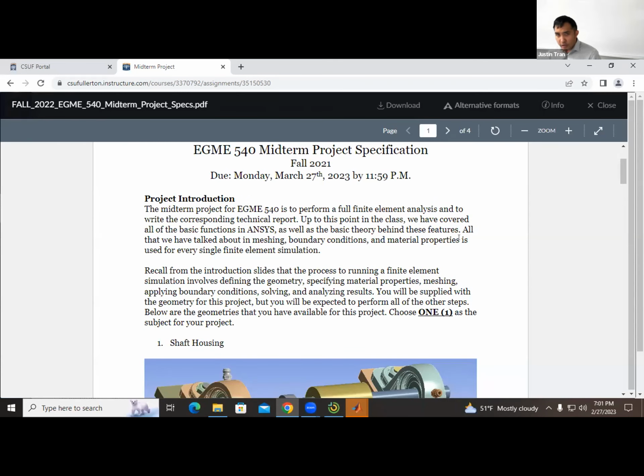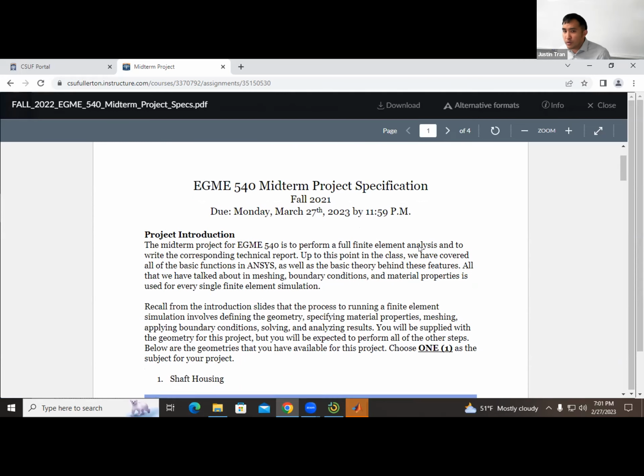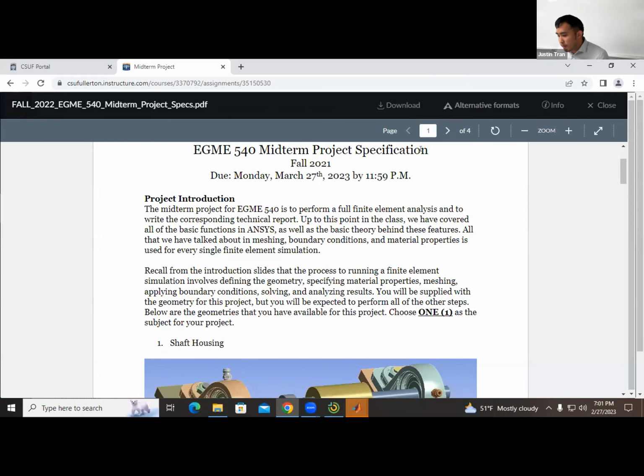We did activity 3 last Wednesday, and that's due this Friday. One thing to keep in mind is that we're still going to be working on activities in parallel with the midterm project. Don't wait until the last minute, because we're still going to be doing other things in the class. I'm giving it to you now so you have a month to work on it slowly. I think it's about a month's worth of work in parallel with everything else. Any questions before we get started?